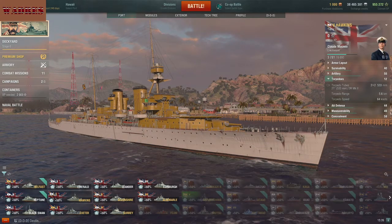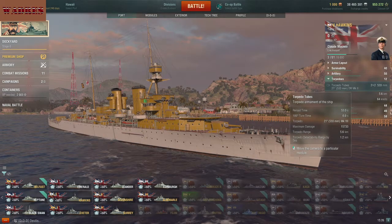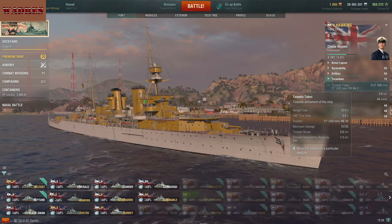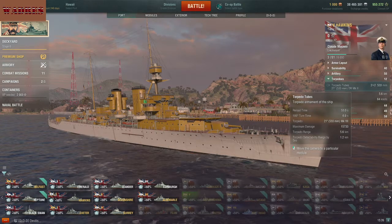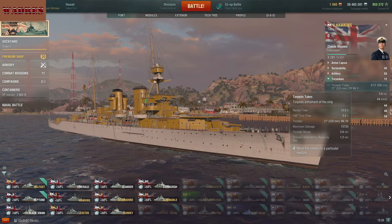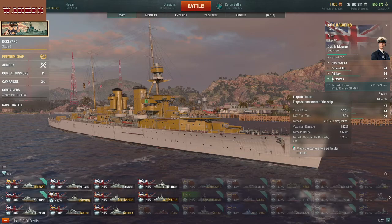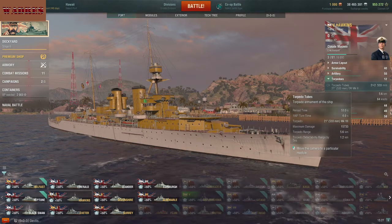They're nothing to really write home about overall, but I mean, torpedoes are still torpedoes. If you can get in and use them, I'd say still use them. They do have a 53-second reload, do 15,733 maximum damage, have a range of 5.6 kilometers, and are seen at